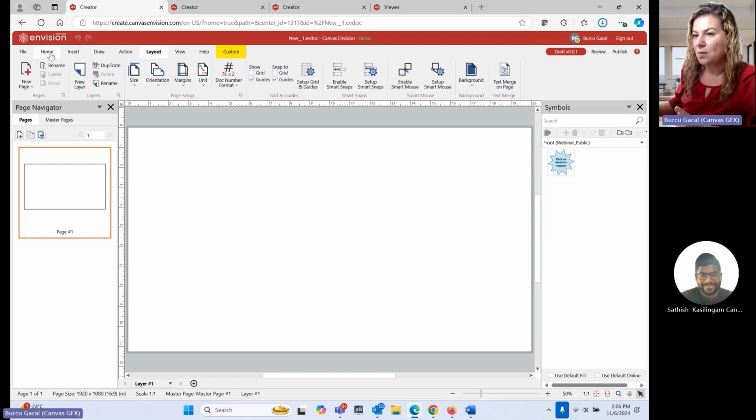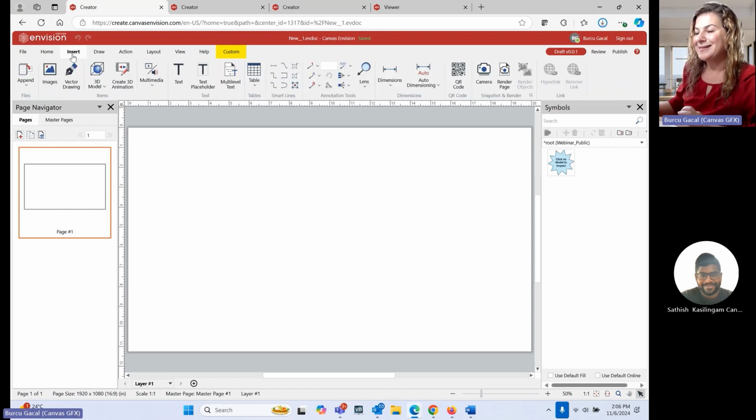In this session, we're going to bring in an existing static PDF document. As we all know, organizations today have static documentation that has either been created in applications and converted to PDF, or actually scanned from paper documentation and converted to PDF, and that is being used by frontline workers today. So what we're going to do is bring one of them as an example into our Envision platform, and we're going to replace the static images with 3D models so the documentation is interactive for